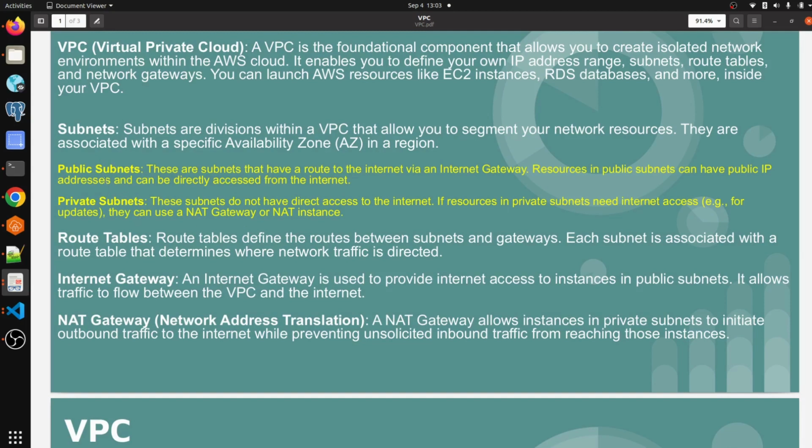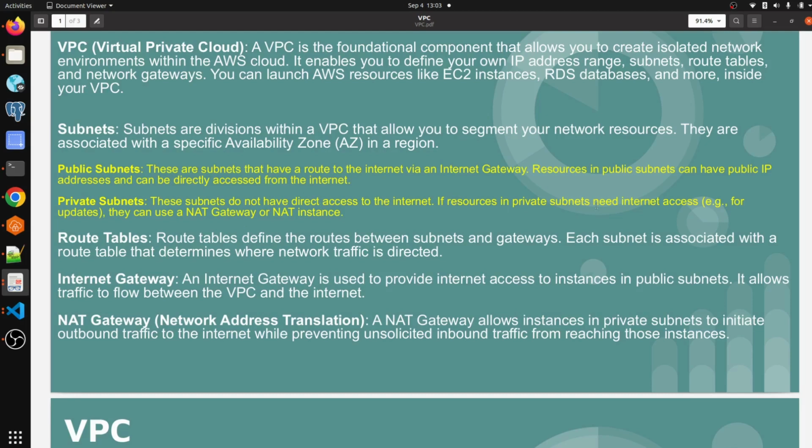Public subnets are subnets that have a route to the internet via the internet gateway. Resources in a public subnet can have a public IP address and can be directly accessed from the internet. Private subnets do not have direct access to the internet.